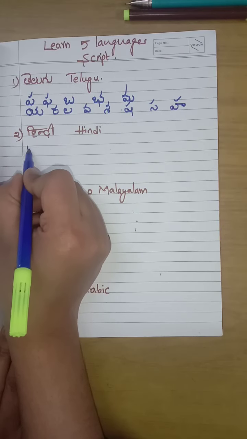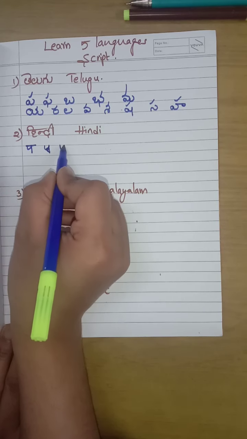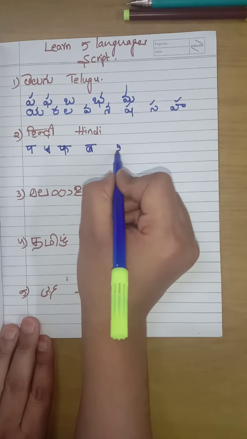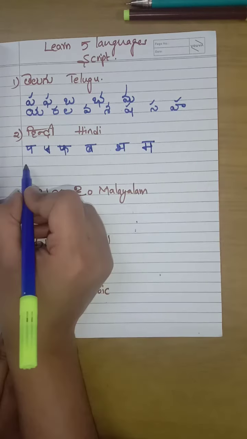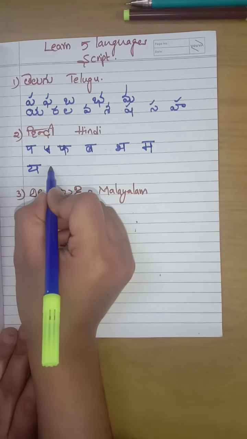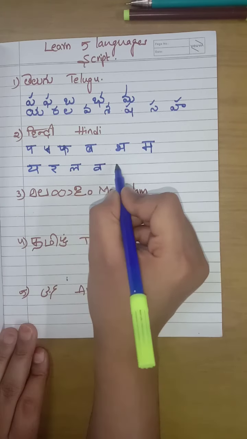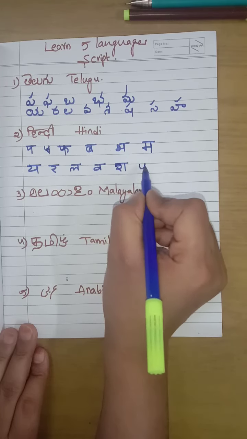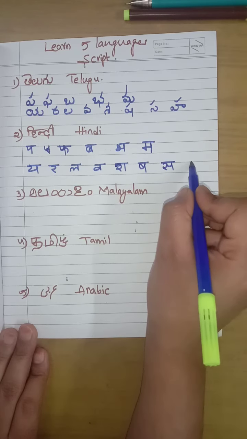In Hindi consonants, we have already started our consonants. In Hindi, we call it Vyanjan. Here is the continuation of Vyanjan letters. The first letter is Pa, and next is Pha, and the third letter is Ba, and next is Bha, and the last is Ma. In the second line, first letter is Ya, next letter is Ra, and the third letter is La, fourth is Va, and next is Sha, and next is Sha, and Sa, and